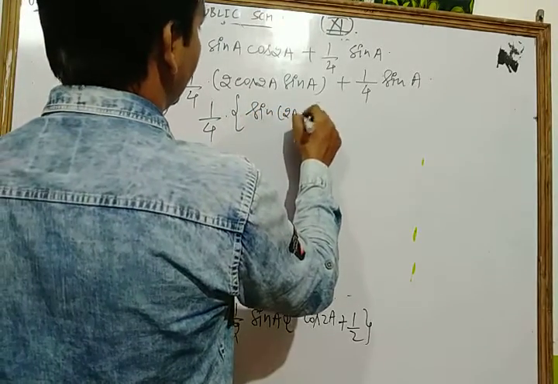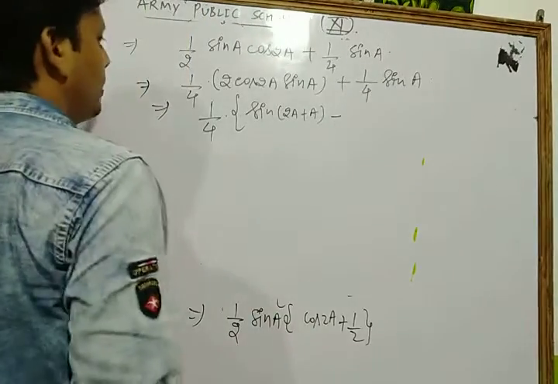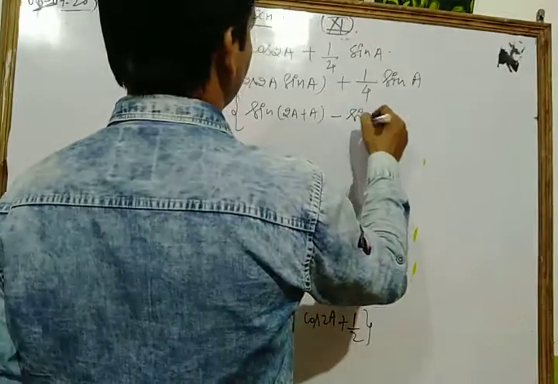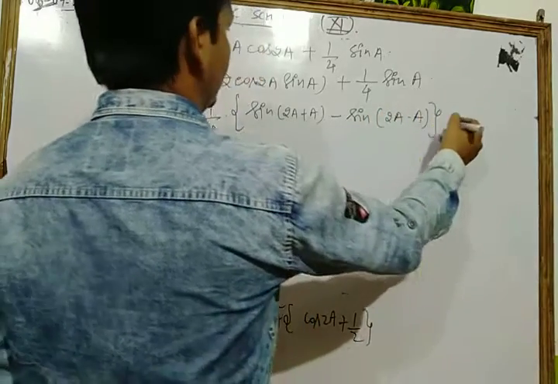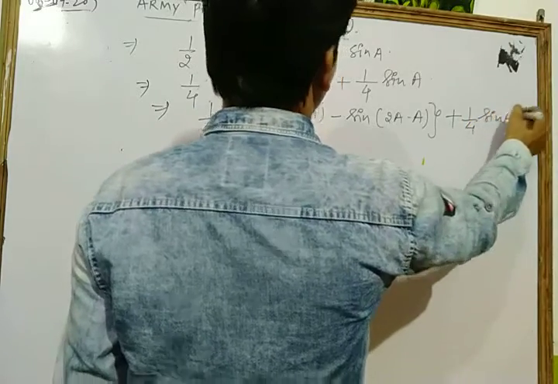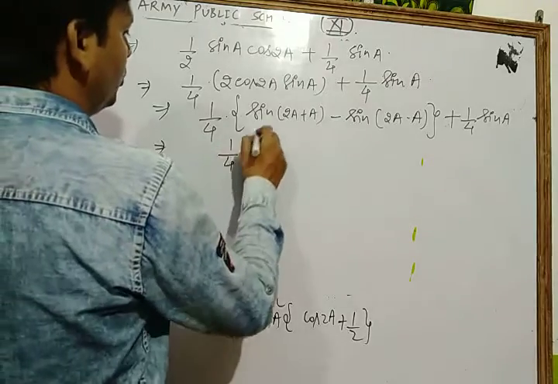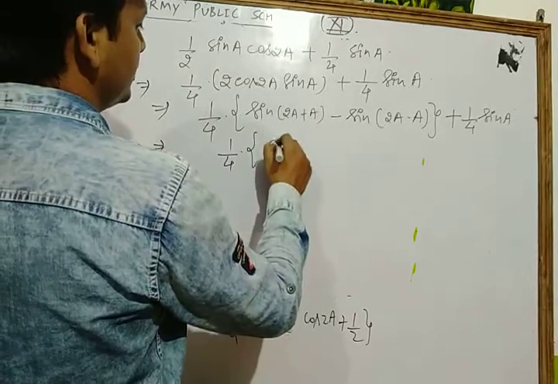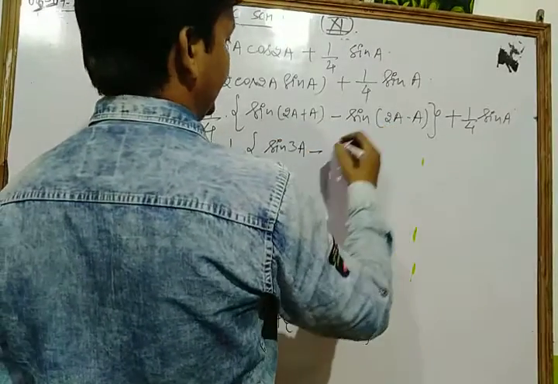Sin(A+B) minus sin(A−B), that is 2A minus A, and here plus we write 1 by 4 into sin A. Okay, now let's see, 1 by 4 sin 3A minus, this is what, sin A only,